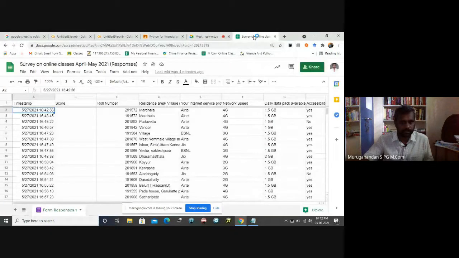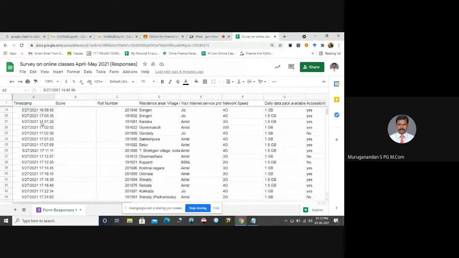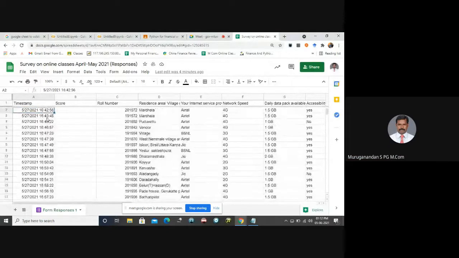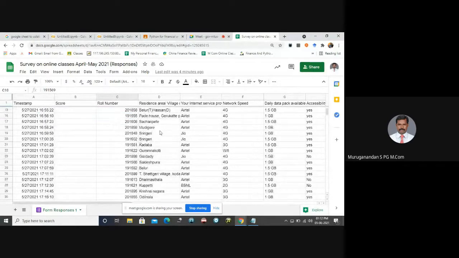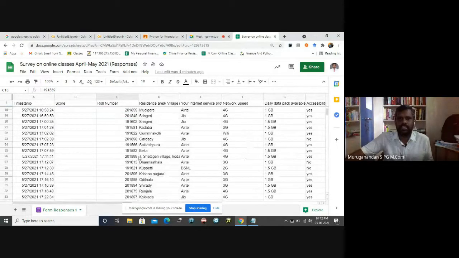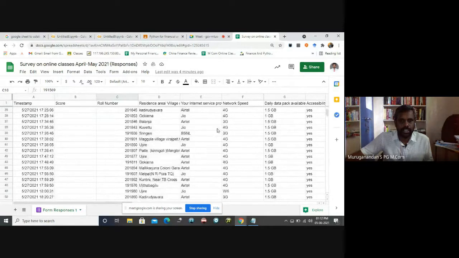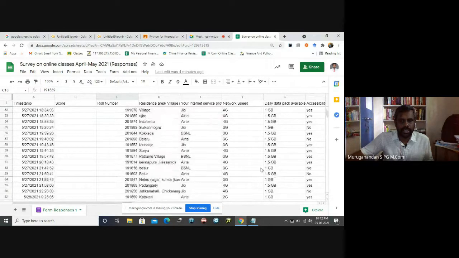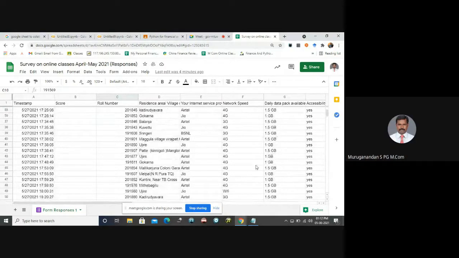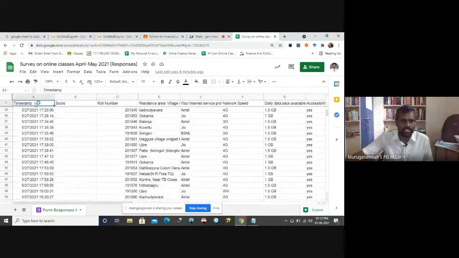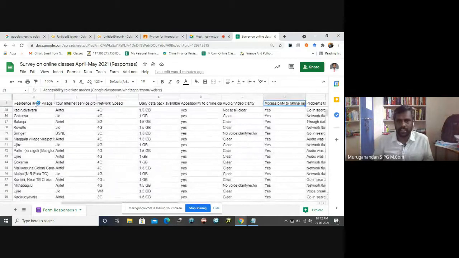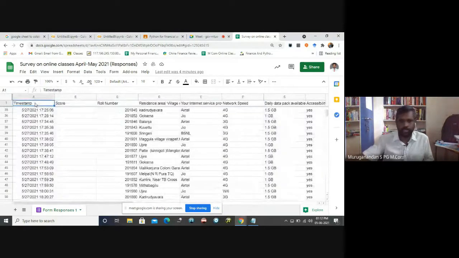Like this format. Okay, so the time when the respondent gave the answers, and here it is just survey data related to our departments. Okay, so the residential area where they are and what internet they are using, network speed, and like that. There are many questions we have asked, and all in the first column. Okay, we use this as a column heading. Okay, and here the data are there.